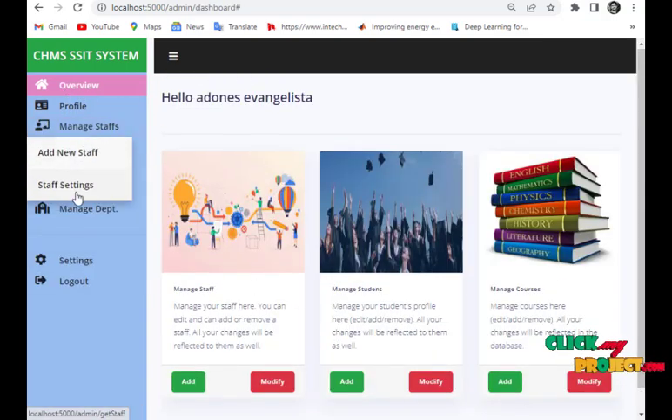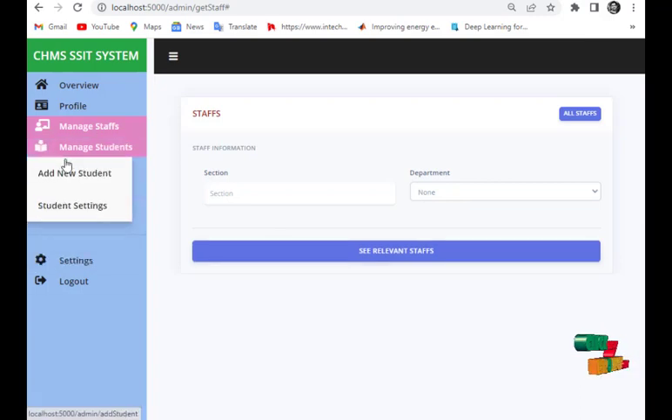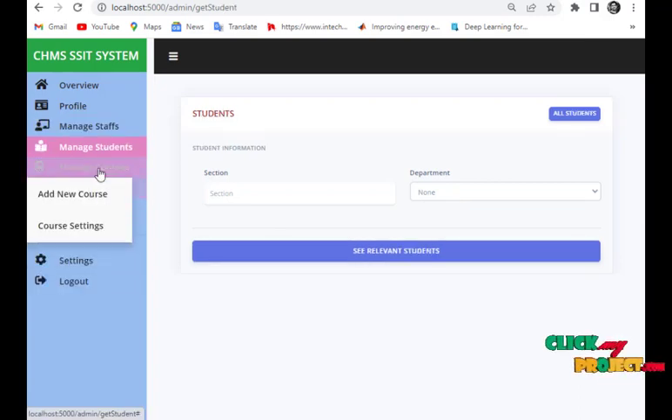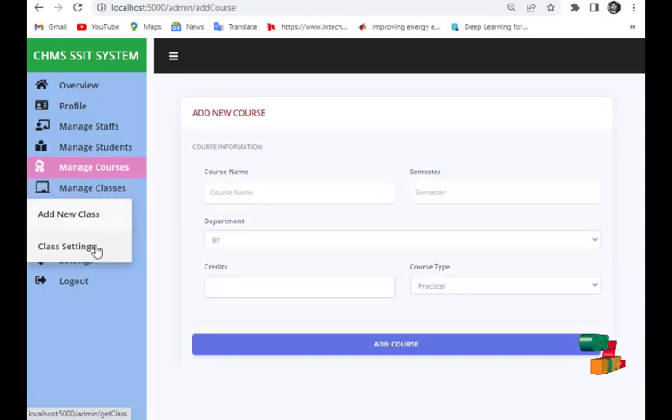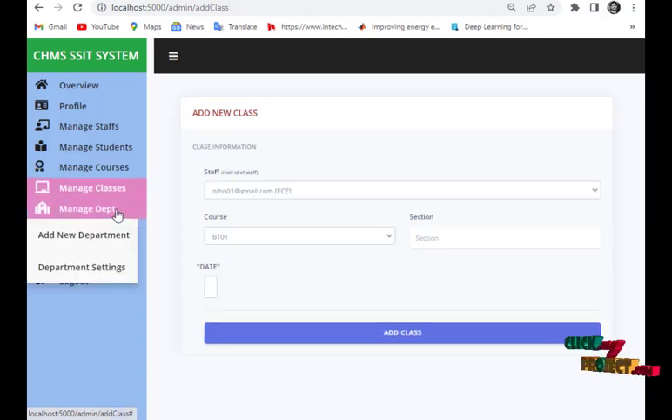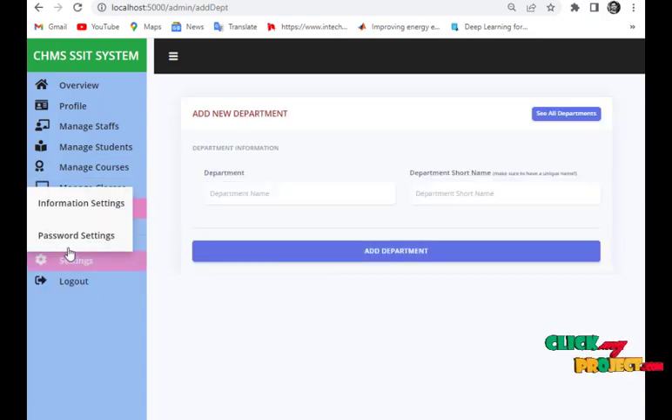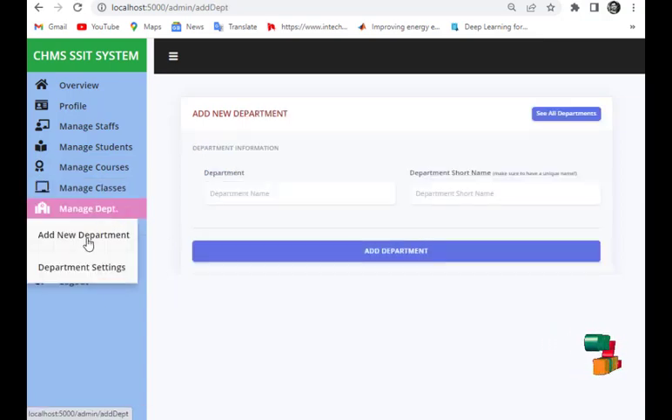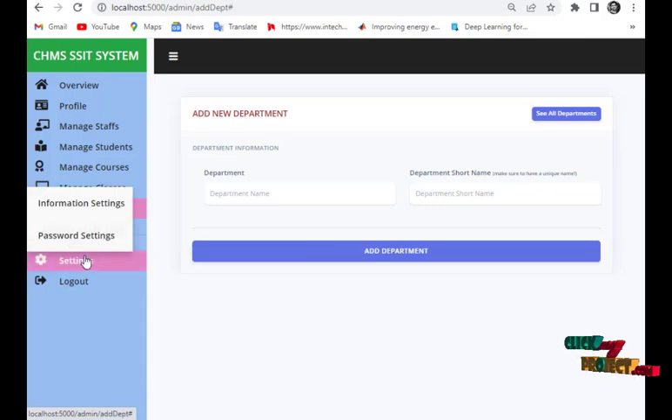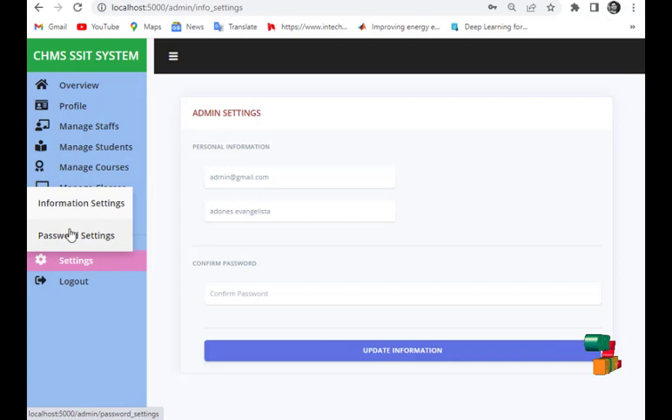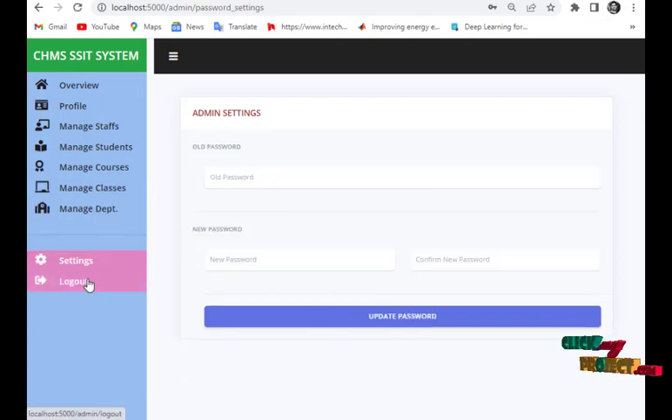Manage the staff, add the staff and staff setting. Manage the students, add new students, student settings. Manage the courses, add new courses and manage course settings. Manage the classes, add new classes, class settings. Manage the department, add new department and department setting, and then setting. Move on to the setting, information setting and password setting, and then after logout,